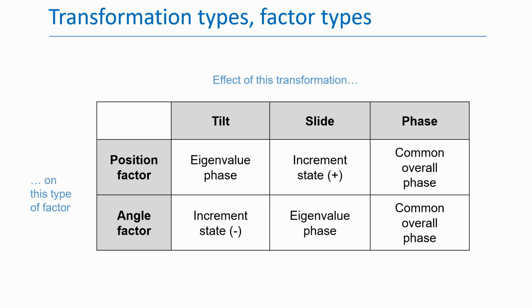Now we'll discuss the two remaining cells and see that for both, the effect is a state-specific eigenvalue phase. It's also a number on the unit circle. It's also an overall phase, meaning that the same number is applied to all entries of the vector, but in this case, it's not common. Instead, each state vector gets a different overall phase. The term eigenvalue is German for characteristic value. The idea is each state corresponds to a different number.